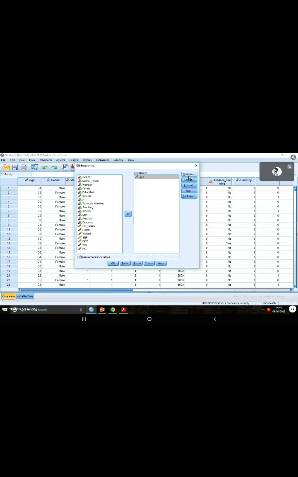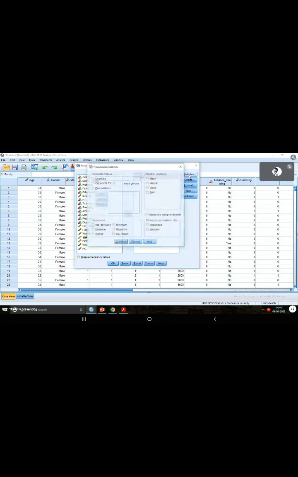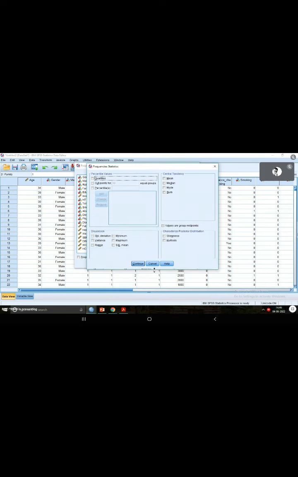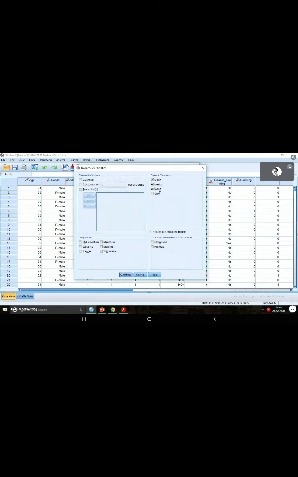Once you have done that, click on the option statistics, and here you will see all the options that I have discussed earlier. You have mean, median, mode, standard deviation, the minimum and maximum of the variable age, variance, and quartiles.